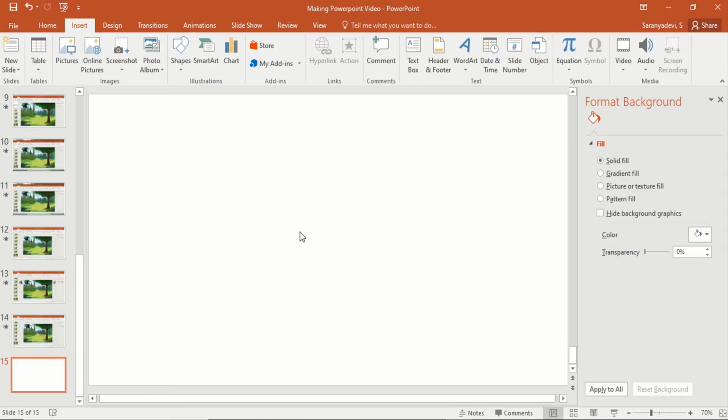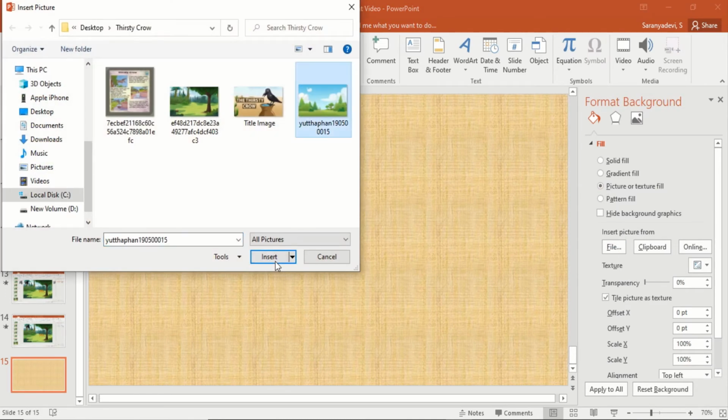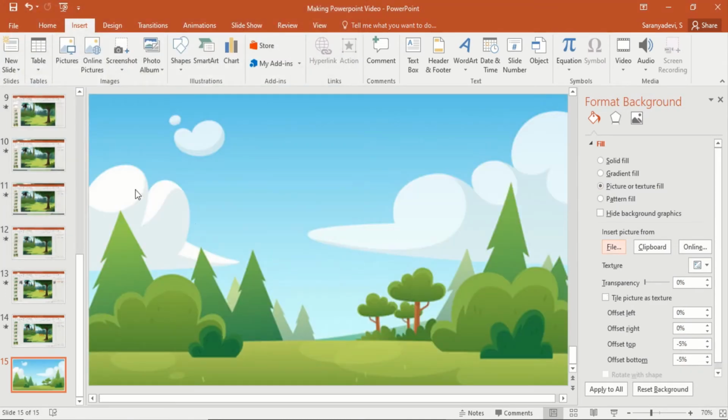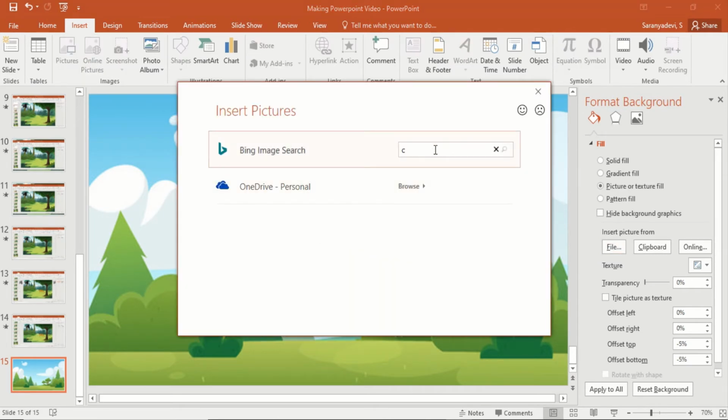Hope we are familiar with how to apply animation effects to the images whichever we required, and moving on further, we'll just see how to apply audio effects to the images. And just change the background of the presentation, pattern fill. From the file, I have a new image, and also I'll just insert a picture, crow, animated,